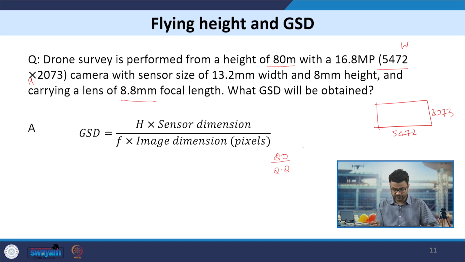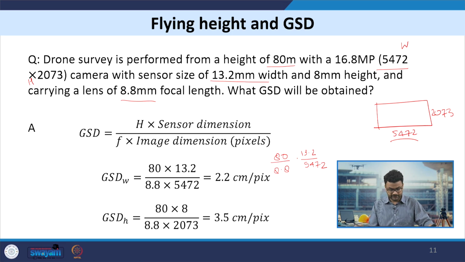So sensor dimension is 13.2 mm in the width direction divided by the image dimension, the number of pixels. So, number of pixels of width is 5472. So, when we solve for this and when we put appropriate units, we get the ground sampling distance in